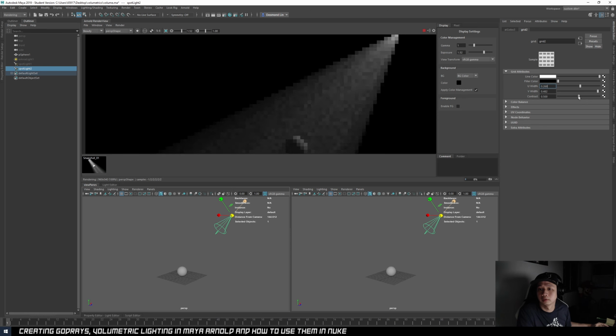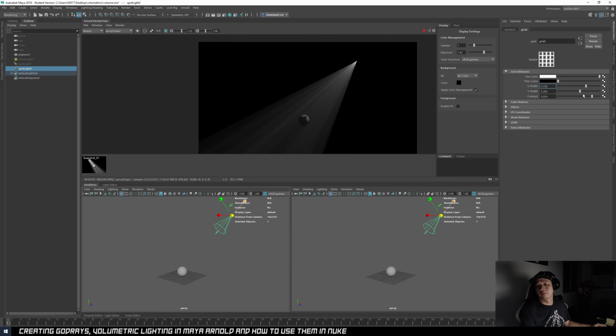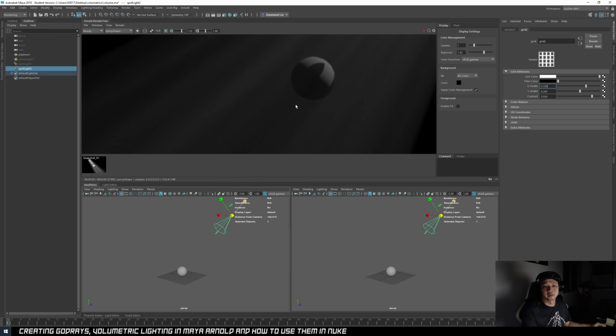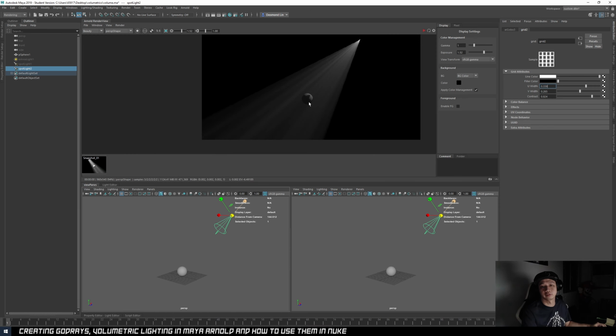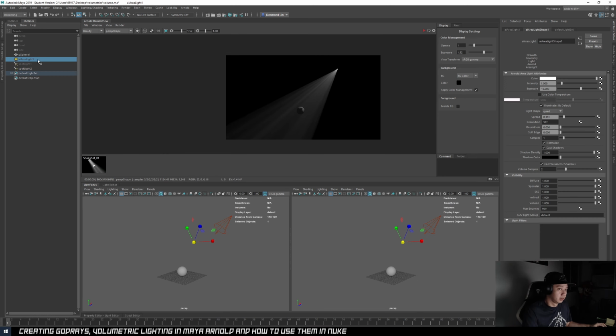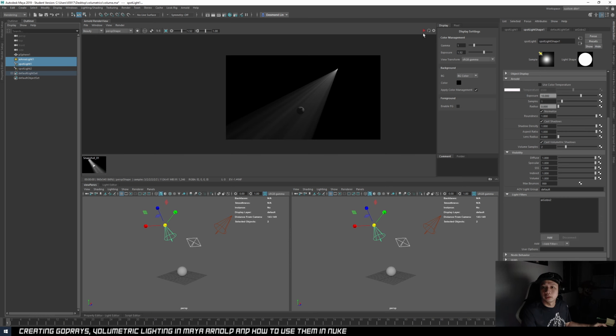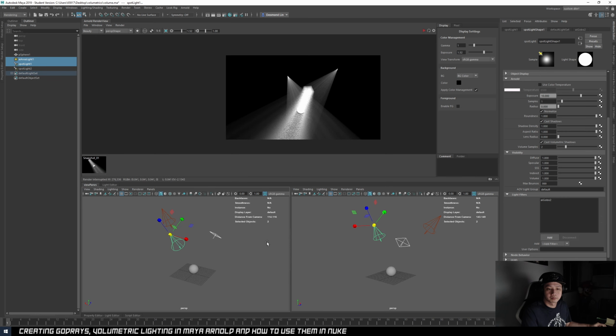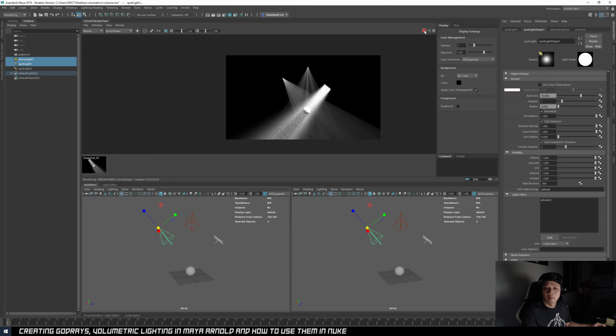Again, all these are creative decisions that you guys will make for your shot specific, so I probably will not go into details on all this. Probably you'll just play with all these attributes to get the look that you want, and you can see it casts these negative shadows from the ball, which is cool. So these are some ways to create all these volumes in your scene.